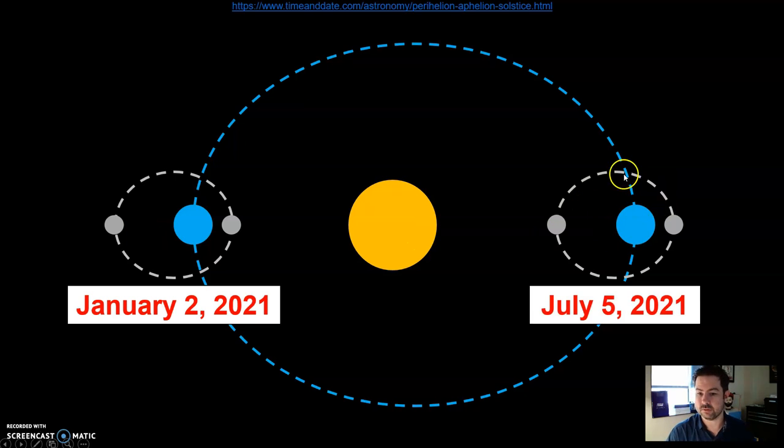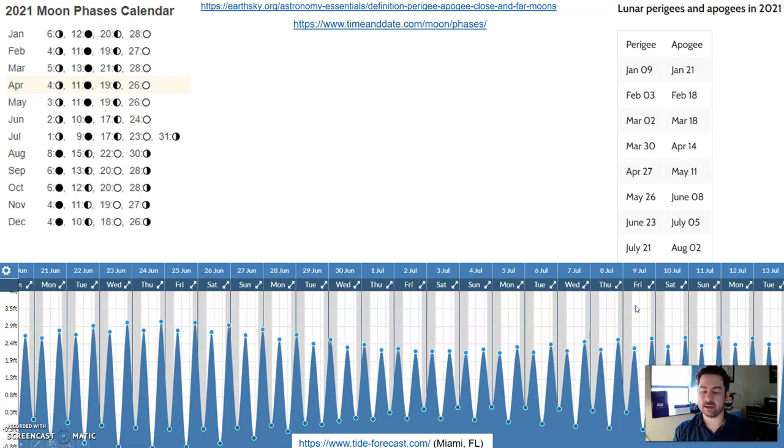Well, here's what it was like in July, where Earth is furthest from the sun, aphelion. And depending on what side of the Earth you're on, if you have a full moon, it was in perigee, or if it was a new moon, it was in apogee. New moon, full moon. So let's put all that together, all right? Oh my gosh, it's probably craziness right now.